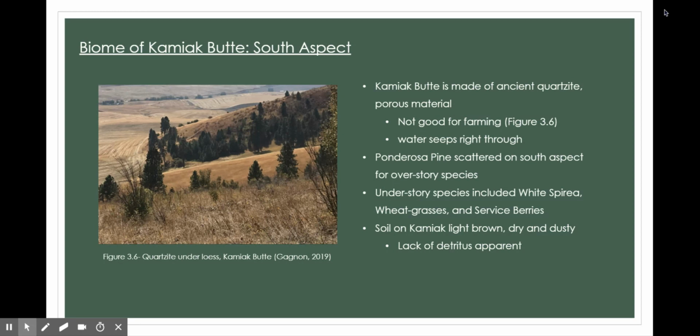It was scattered across the south aspect as an overstory species. Understory species were far more prevalent, which included white spirea, wheat grasses, and serviceberries. And in differentiation from the north aspect, the soil in Kamiak Butte was light brown, dry, and dusty, as opposed to the dark brown, moist, loose soil in the north aspect. There was not much detritus apparent, as the sun sucked up moisture, and there were not very many decomposers visible,